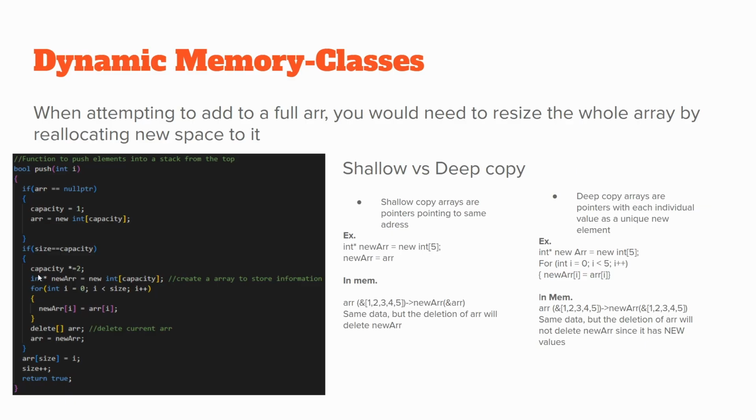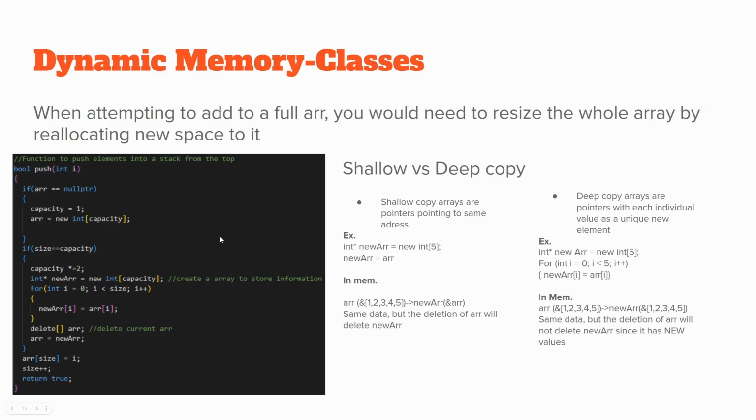In this scenario, we can just scale the capacity by 2 and declare a new int pointer to a new int array of the new capacity. And then we copy every element of the old array into our new array, and then we delete the old array and set array equal to new array. In this case, we don't delete the contents of new array because those contents are immediately being stored within the old array. And then we set the top element of array equal to whatever we push in, increase the size,